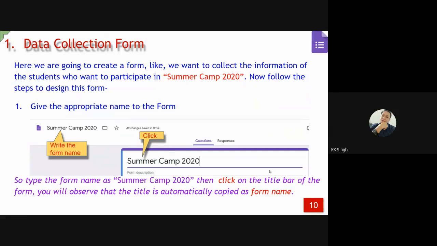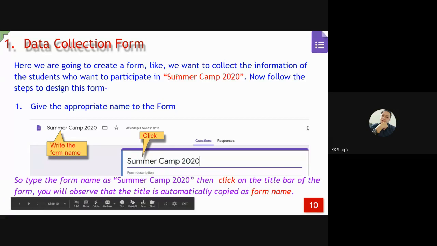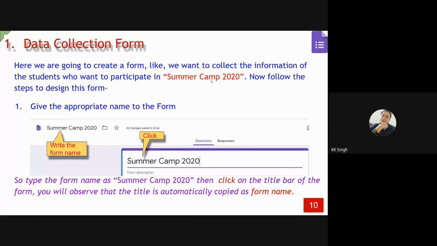So I'm going to create the data collection form here. I have given the title Summer Camp 2020. First you write whatever title you want. So I gave Summer Camp 2020.